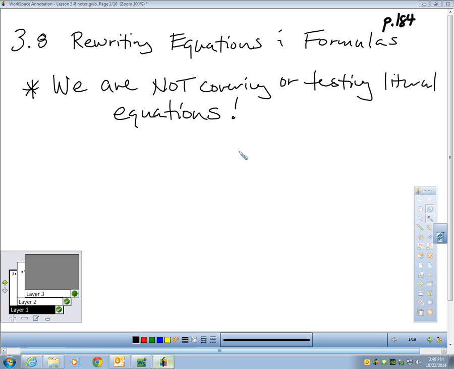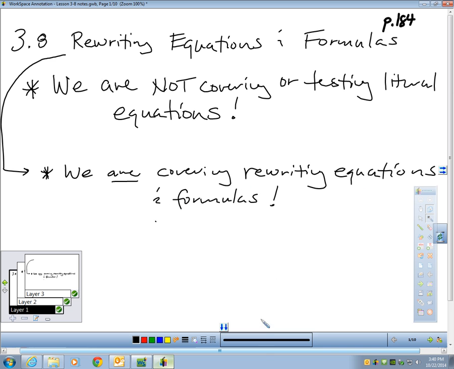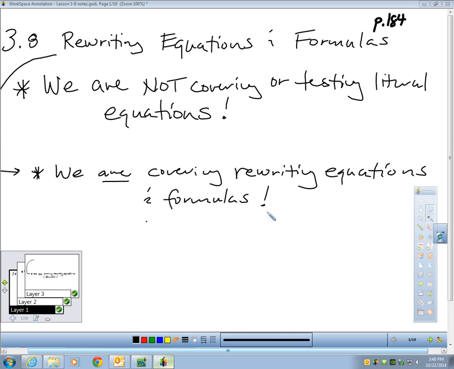Honestly, in all my years of math teaching, I've never really seen or used that much either. So no reason to cover that, but we will definitely be covering how to rewrite an equation and rewrite formulas. Okay? So if you turn ahead real quickly to page 187,